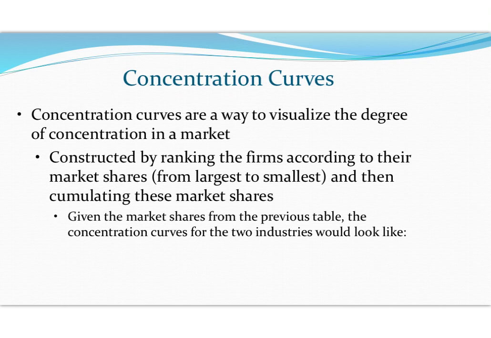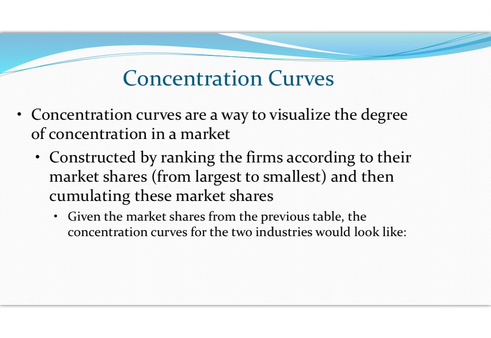So what we're going to do for concentration curves is rank the firms according to their market shares from largest to smallest. Now, in that previous table, where in Industry A firm 1 had 50%, firm 2 had 40%, and firms 3 and 4 had 5% each, that's already ranked for us. So that was already from largest to smallest, but if it wasn't, we would just order it that way. And then we're going to accumulate those market shares